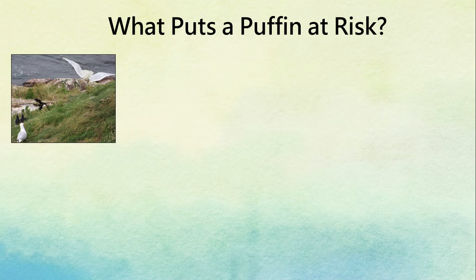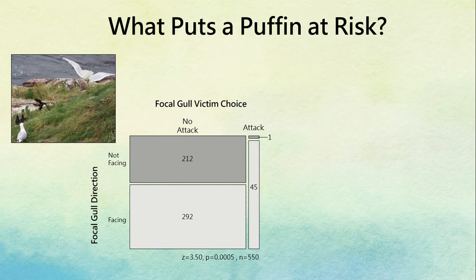Next, I was interested in looking into focal gull direction. It's a little bit of a weird variable, but basically if the focal gull was facing in the direction where the puffin either landed or aborted landing, basically if the gull observed the puffin's landing or aborted landing, was it more likely to attack that puffin? And in the field, I thought yes, and so I wanted to test that just to double check my assumptions, and I was right. 45 out of the 46 attacks that I looked at happened when the focal gull was facing the puffin at the time of puffin approach. It was very significant,